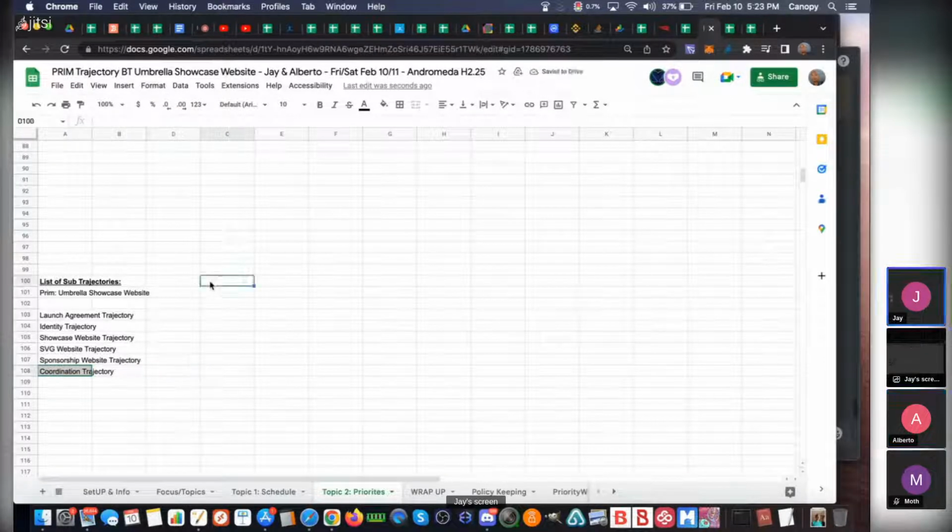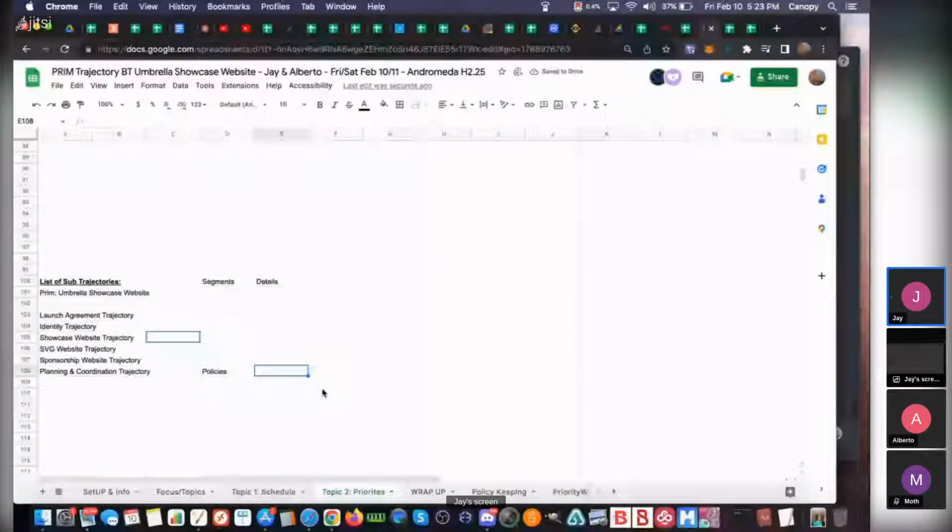So this is where you get into what we call the segments. You have segments, then you have details. Within the segments, one of the segments is our policies. Planning and coordination includes our policies, and we need clear criteria for what we are doing.